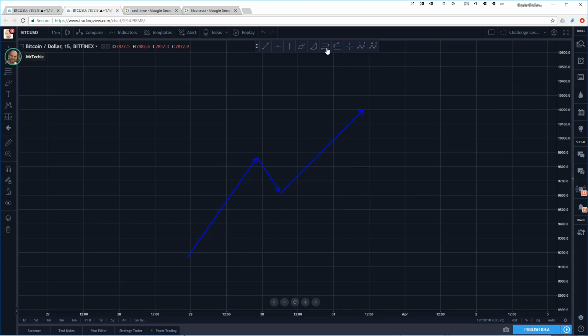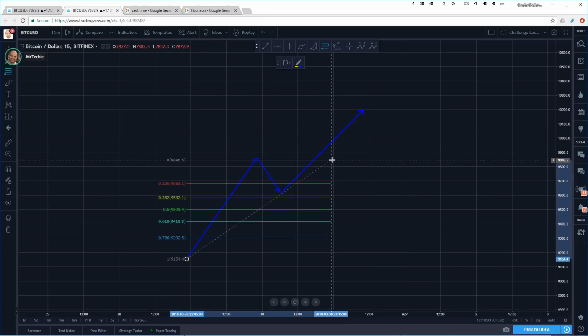Where do you apply it? On an uptrend. This is a key thing, guys, okay? A lot of people never talk about this, and you don't really find it in a lot of tutorials. If you are on an uptrend, your Fibonacci retracement is done from... Hold on, I'm confusing myself now. If you are on an uptrend, it is done from the bottom to the top,